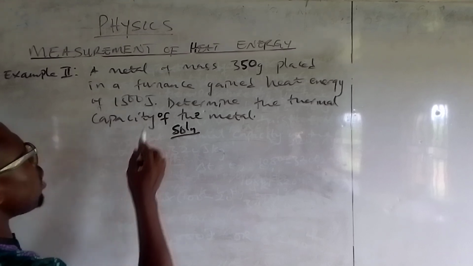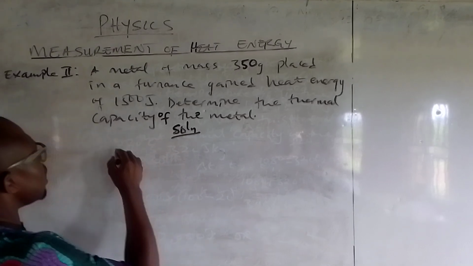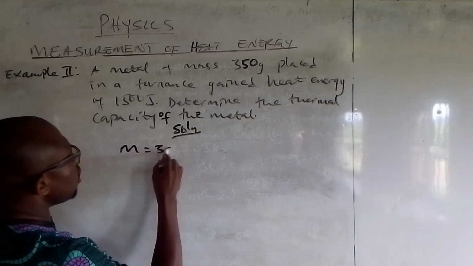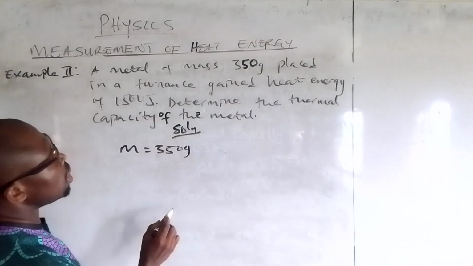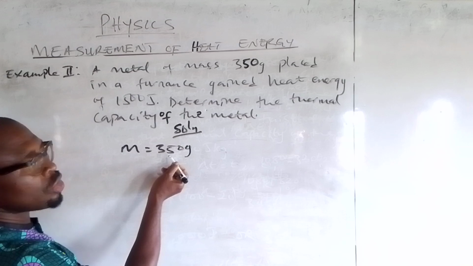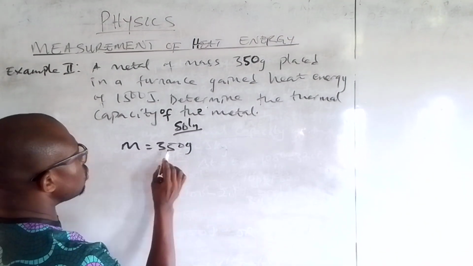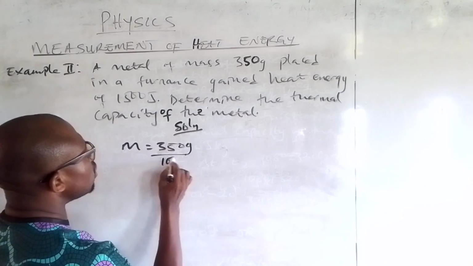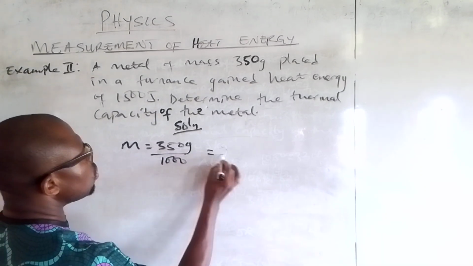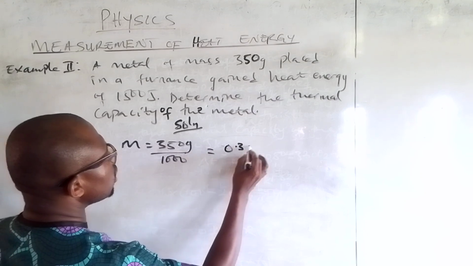Now from here we have a metal of mass. The mass is 350 grams. And of course, since it's in grams, we convert it to kg by dividing by 1,000. So we have 350 divided by 1,000 will give us 0.35